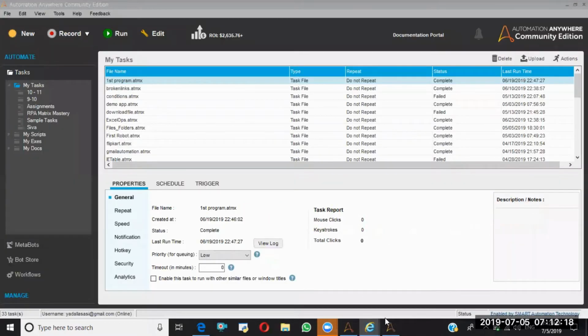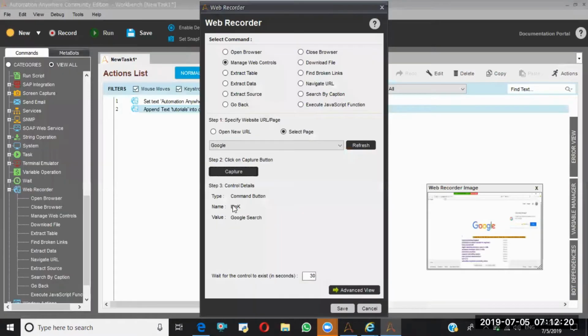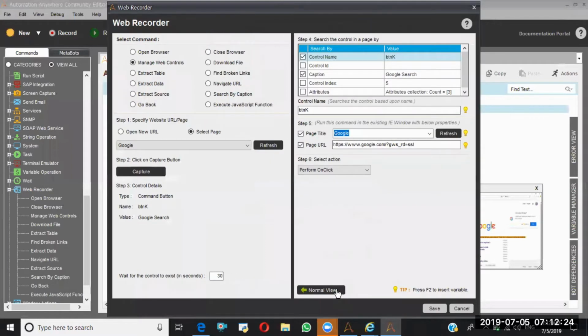So it's done. I'm going to the advanced view. By default, it will give you perform on click or double click perform event. You can do whatever you want, depending on your application behavior. So I'm saying perform on click.